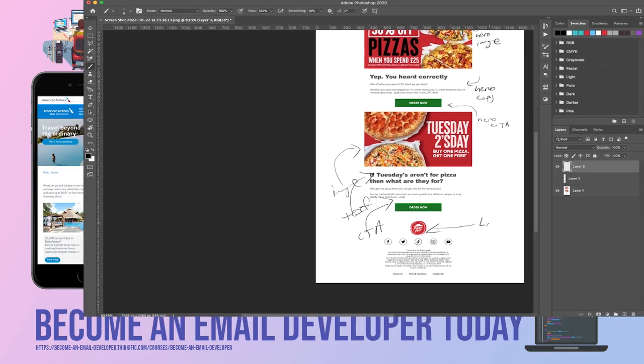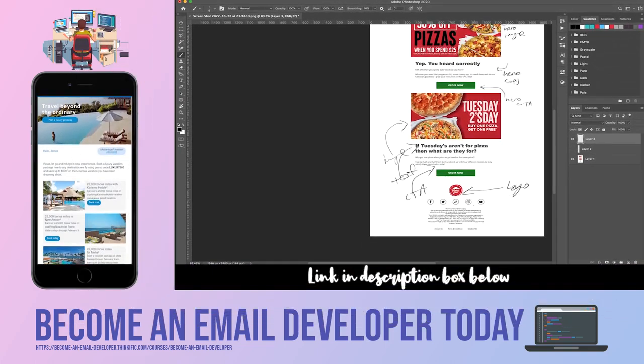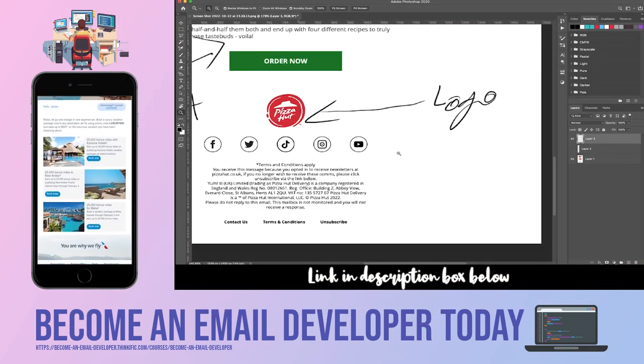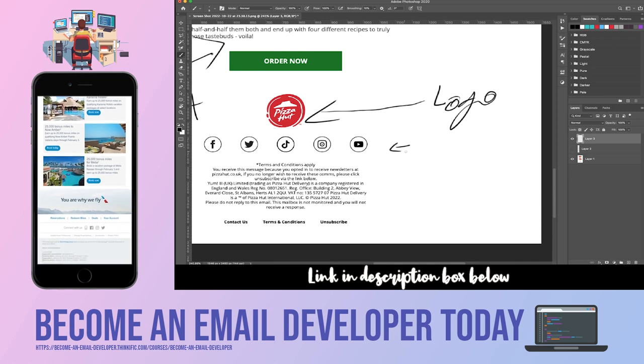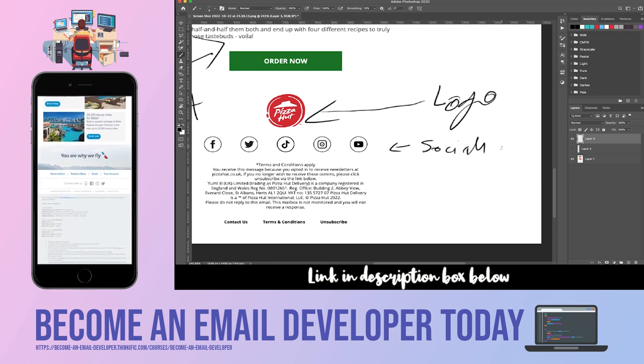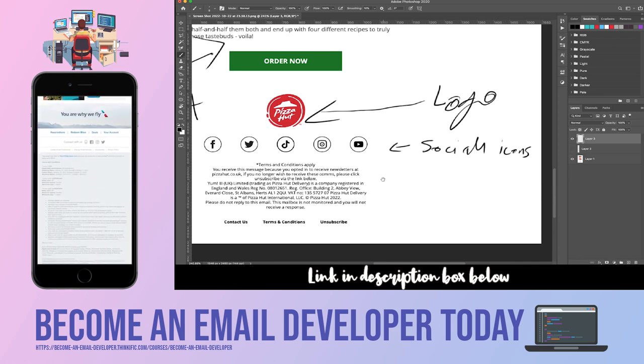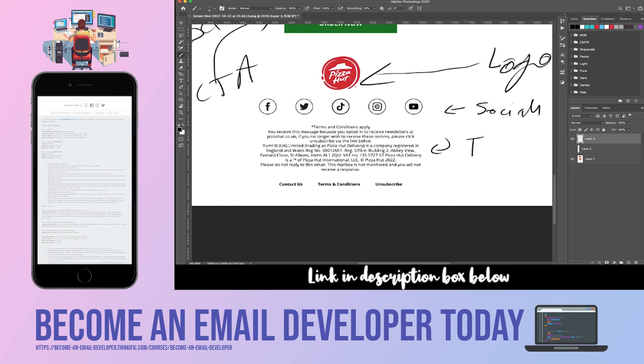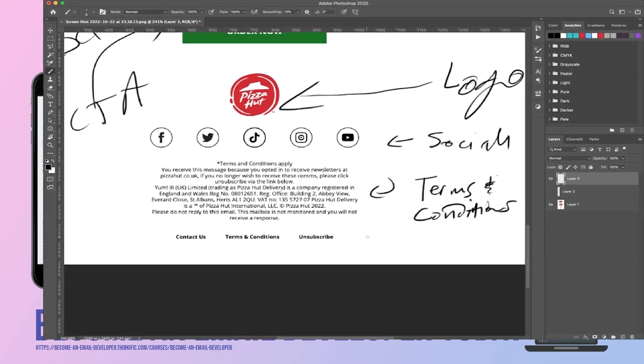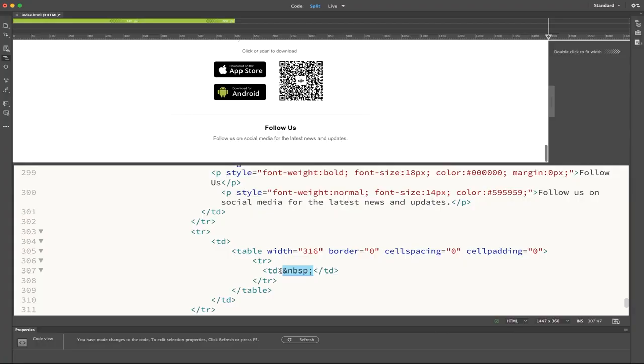This table is gonna be a width of, okay, I think it's 316 because 64 times 4, and then 20s. Okay, so yeah,